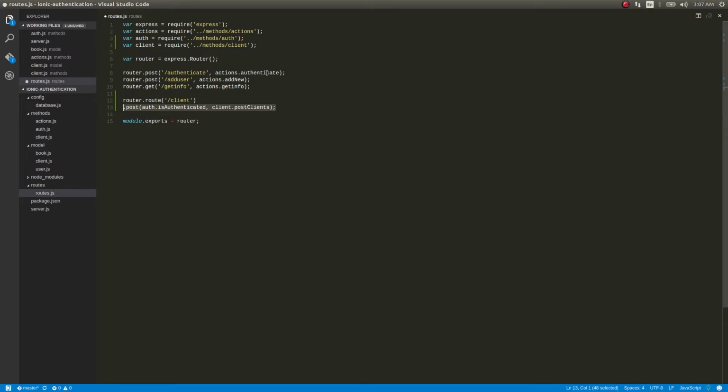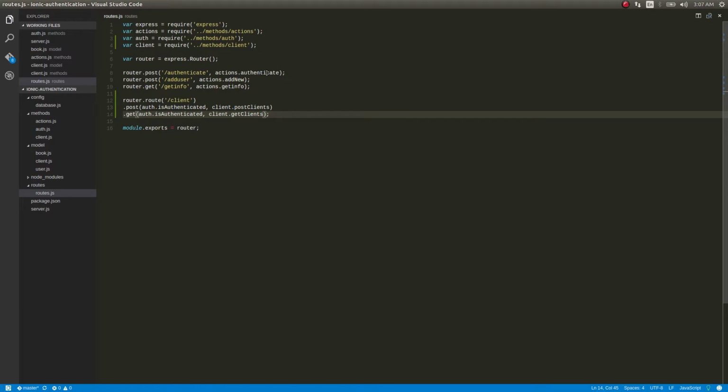And the same thing for the get request as well, but this time it will be client.getClients. I have created two routes for saving a client and getting the clients in our application.